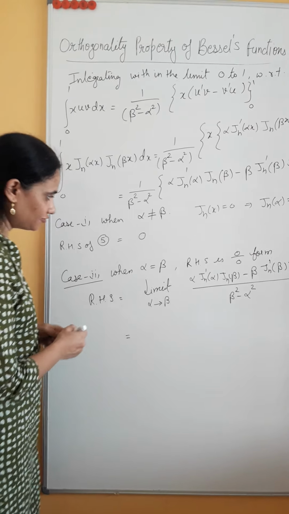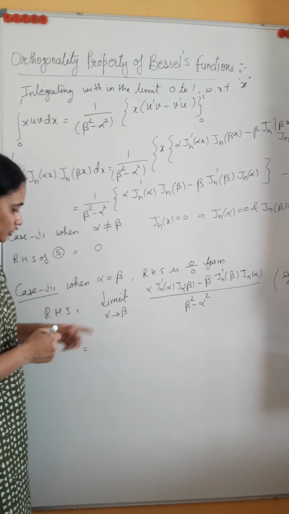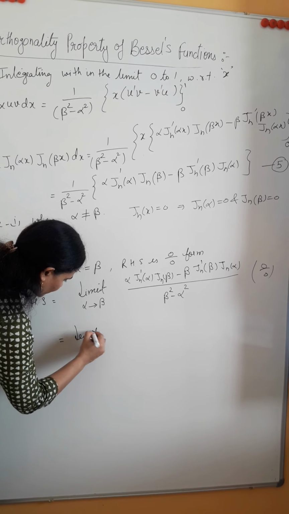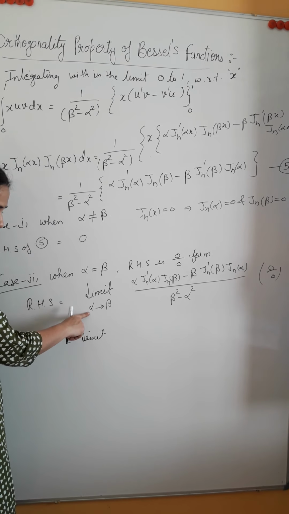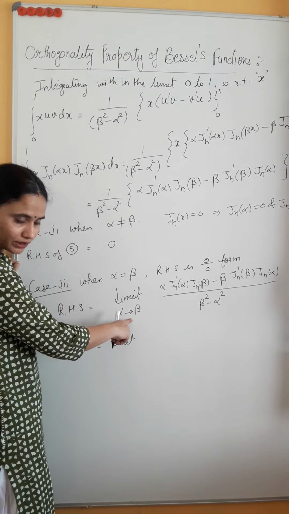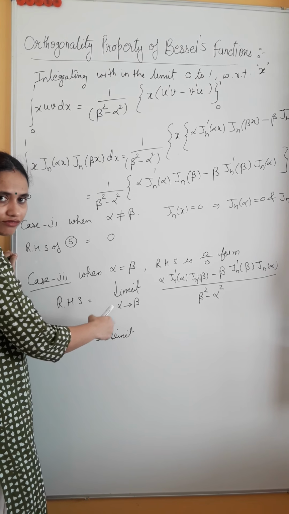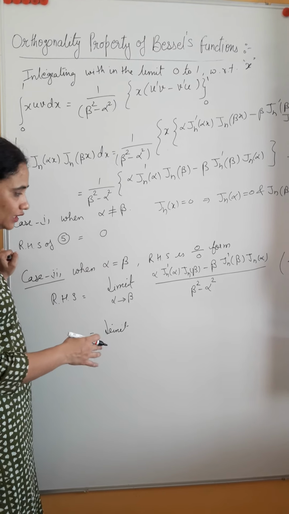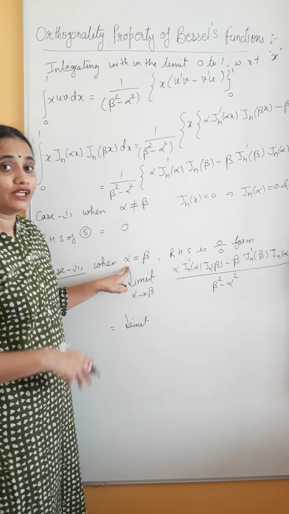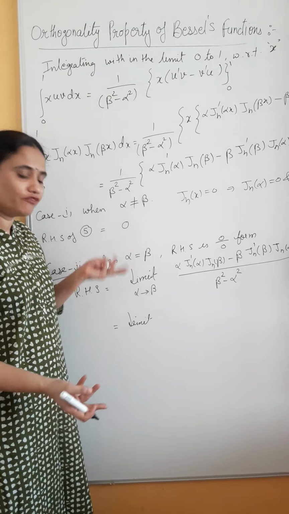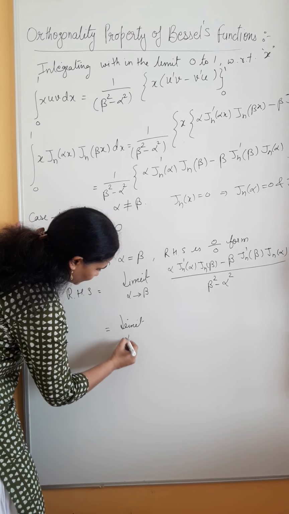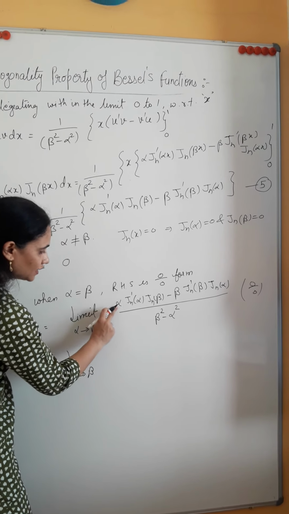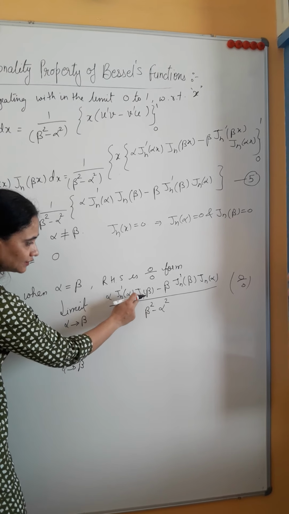Okay. So let's differentiate this function with respect to alpha. So what are we getting? Here you should remember that I have taken limit alpha approaching beta. You can take beta approaching alpha, one and the same thing. Since we are going for alpha equal to beta, finally whatever we are getting in alpha, we can replace it for beta also and vice versa. So let's differentiate with respect to alpha. So here which are the functions of alpha? This and this. This is constant.